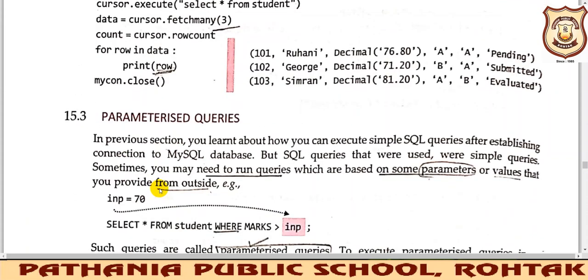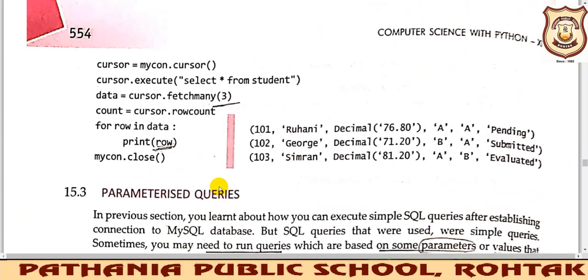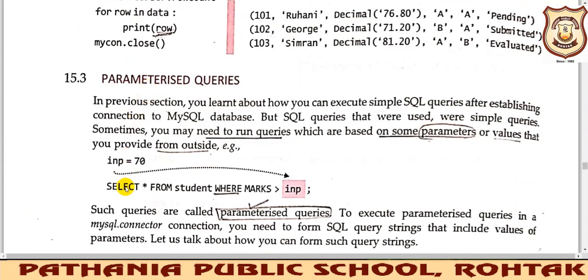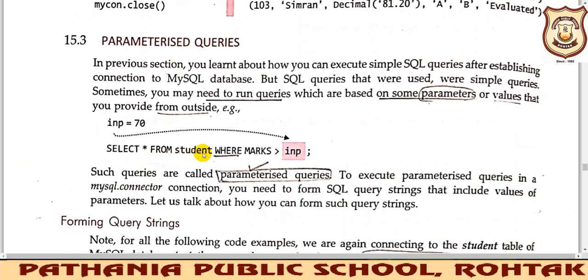Now we use queries to fetch the data from MySQL. Every time we will be using this execute function to execute the SQL queries. Whatever SQL query you use directly in MySQL, you will use those queries inside your execute function to get them executed. So if you are writing select star from student and you are putting a condition also, you need to write it like this.